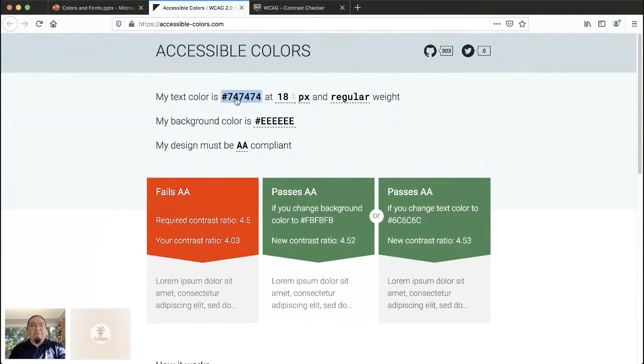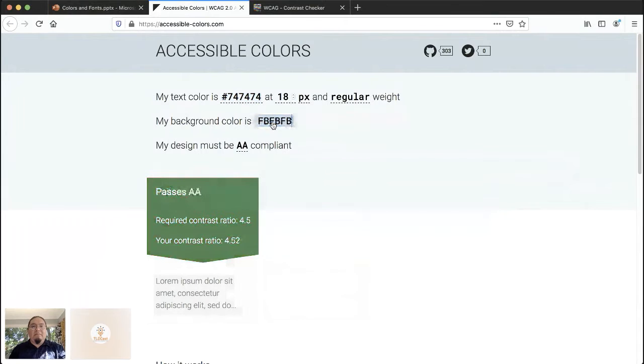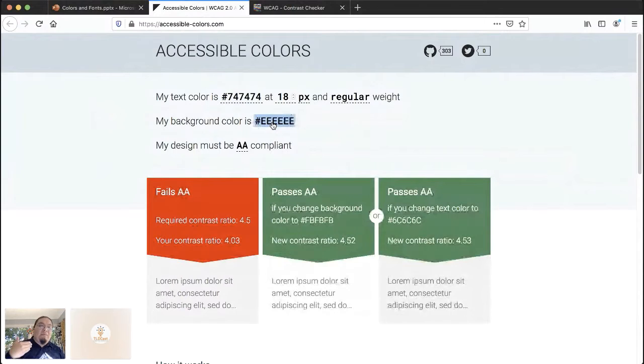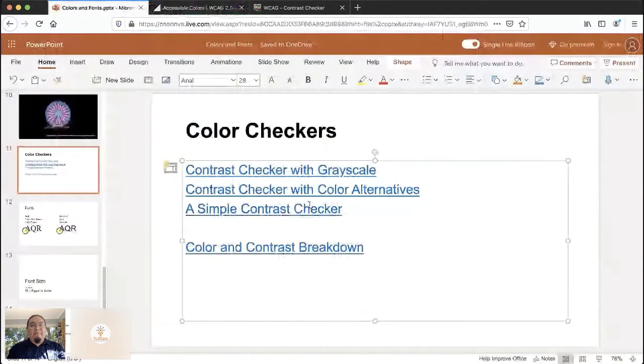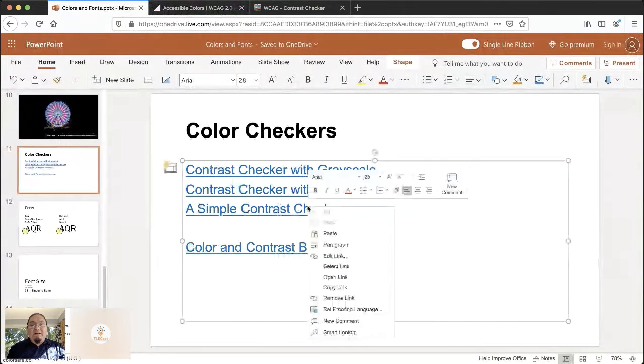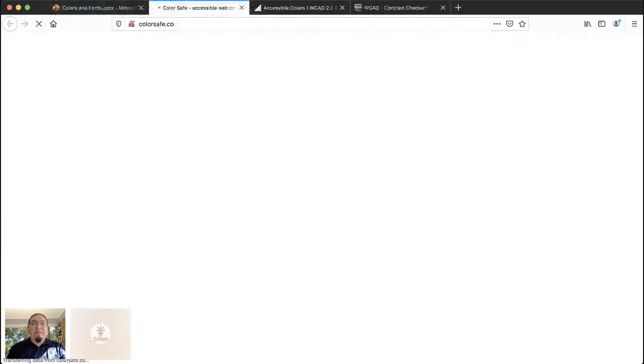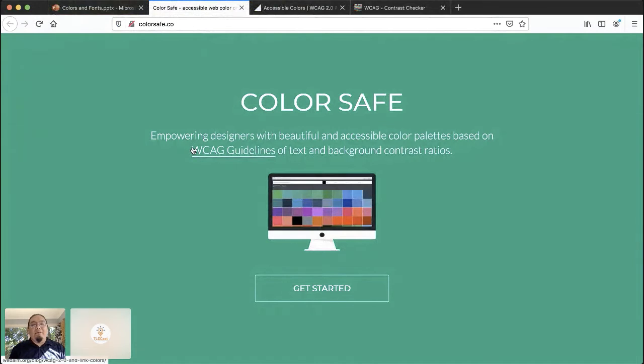Text color or background color is this. And if you choose a color that works well, it will tell you right away, boom, you're good to go. But if you don't have a color that's good to go, it will give you an alternative to use. Sometimes you just want to check. This is a nice little tool,